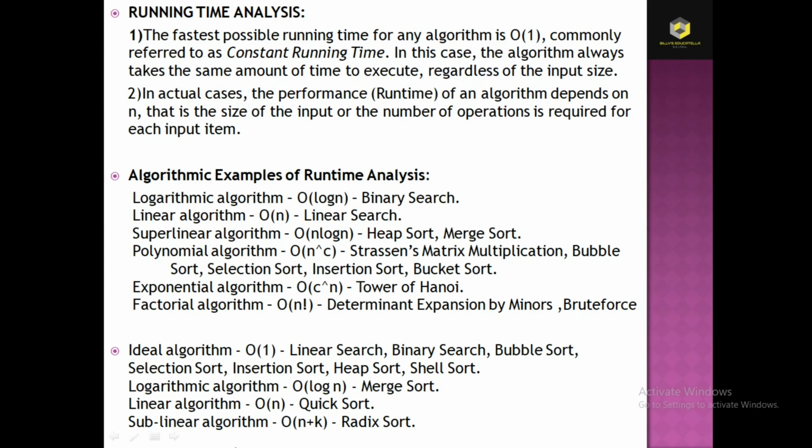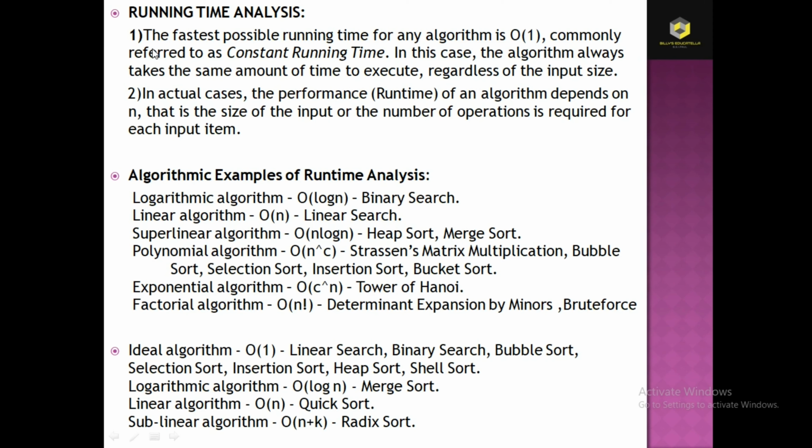Coming to the next one, running time analysis. This running time analysis is used to find the amount of time consumed by the program. It is of 3 types: best case, worst case, and average case. The best case is when the program takes less time to execute, average is more than the best case time, and worst case is the most time to execute. And in this session we will discuss how the time is measured.